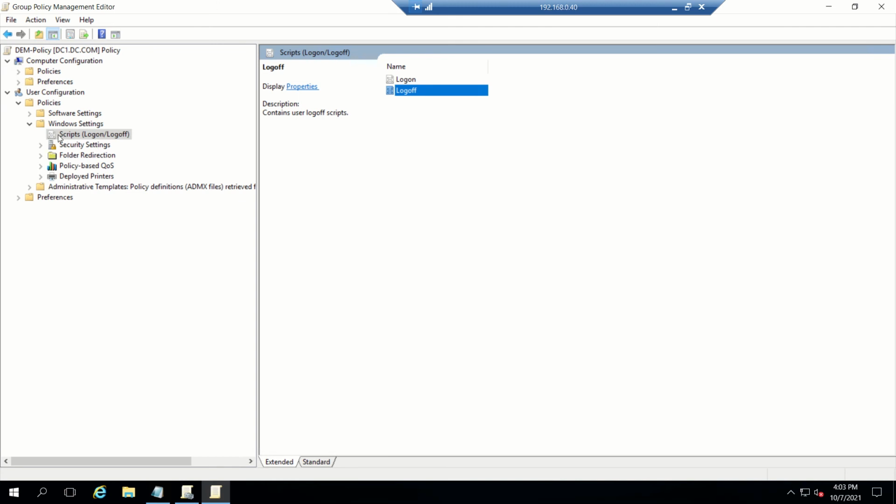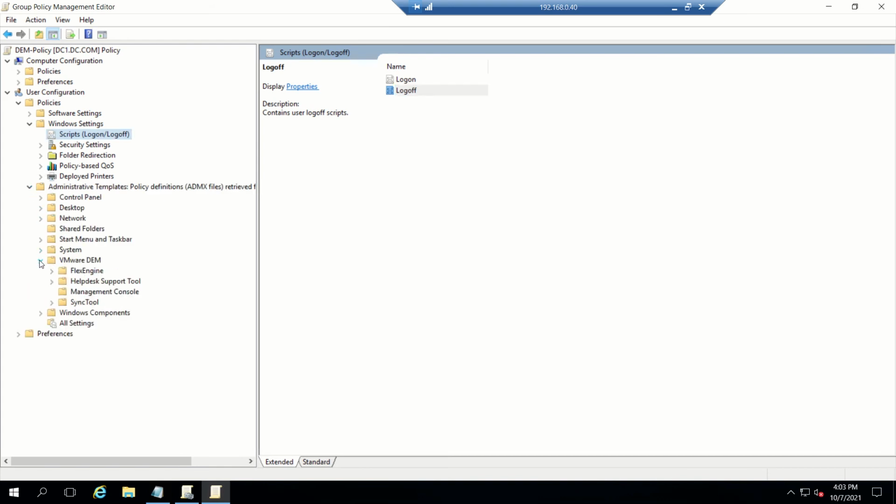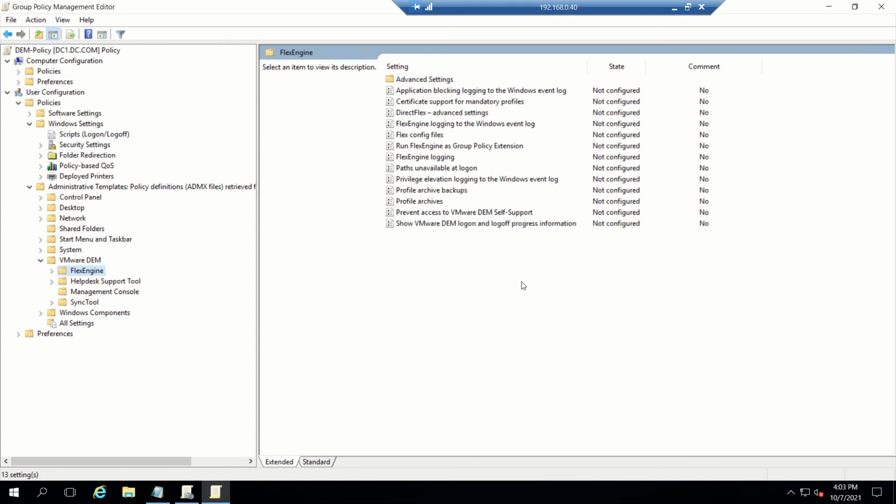Yeah, it is difficult to search here. Administrative template, VMware DEM, Flex Engine. Okay, so here it is. So here we'll go to flex config files,